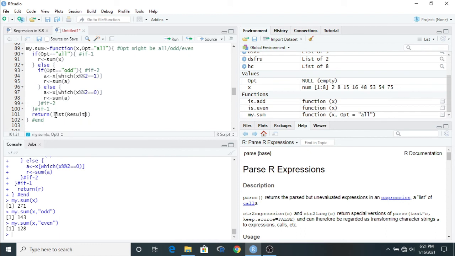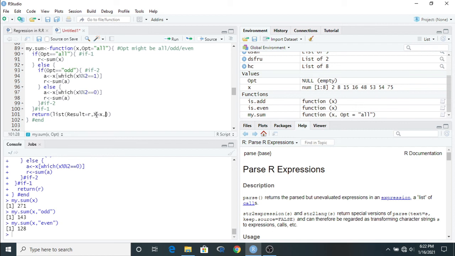Result indicates R, because we want a list inside the output, and the name of the list is result, and it shows the result of R. Second, if we want to identify the value of x, suppose the name is X and the value of X is x. The small x value will be stored in capital X.